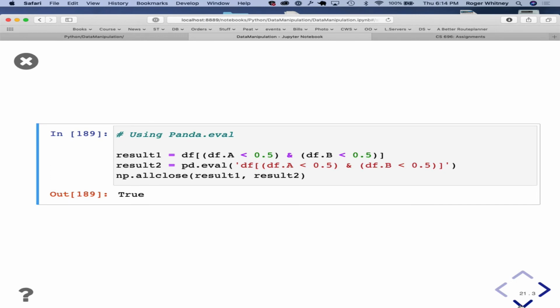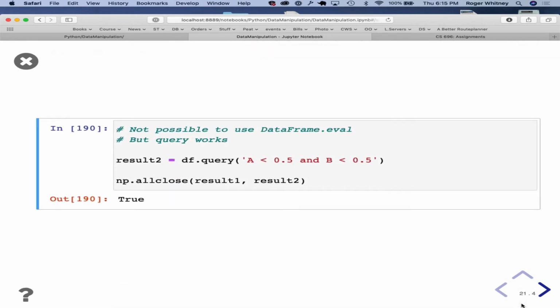And then, of course, we can do it with query. We can't use eval to do the same thing with a shortcut.